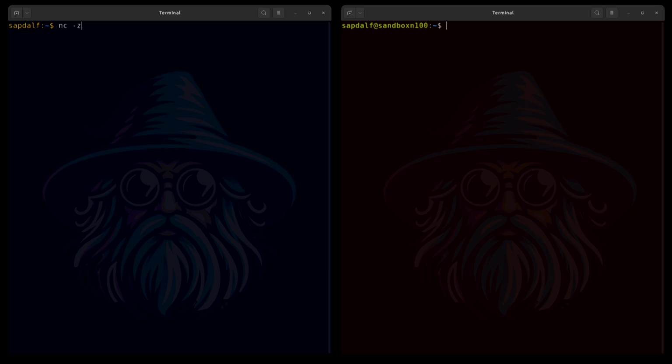I use the -z option because I'm just testing the connection and don't want to send data. The -v option means verbose to get a descriptive result. Next is the host name and port number. As you can see, the port is open and the connection is possible. So we have the first important use of nc, checking if a port is available on the other side. For this to happen, the service must be active, and no firewall along the way can block traffic.